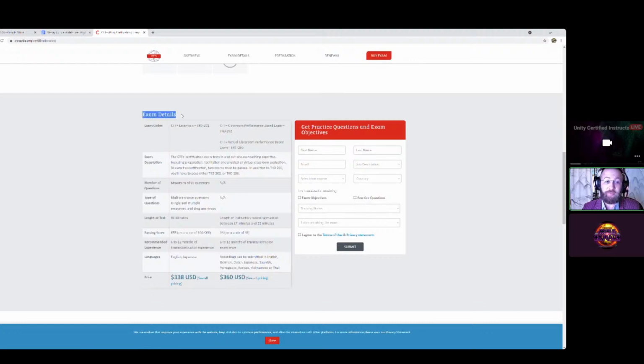Exam details. There's 2 exams that you have to take. The first one is a multiple choice exam. It's basically a pre-exam. It covers a lot of teaching theory and how you teach adults as opposed to teaching children or in university settings. If you've done instruction before at any point, you may find it easy. I found it a little bit difficult, but was still, with some studying and the right book, was able to pass it the first go.